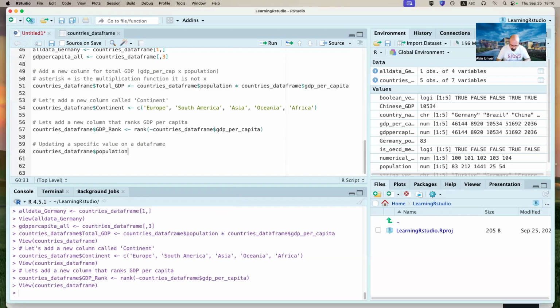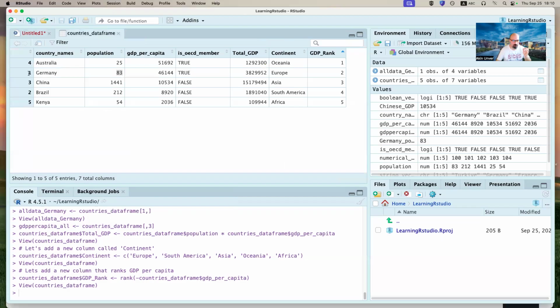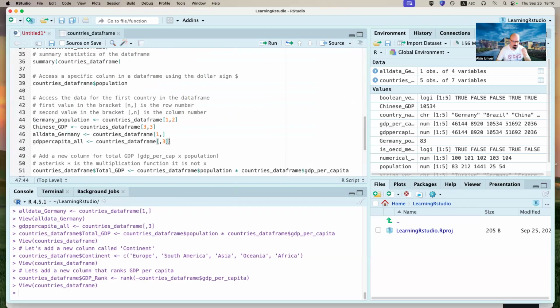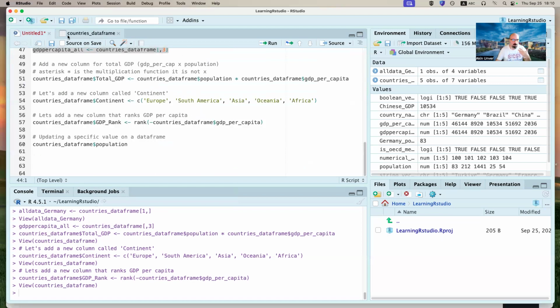But we can either do second row, second column, the stuff that we did earlier, referring to a cell by its row name, row number, and column number. But for the sake of showing new things to you, let's change population in such a way that